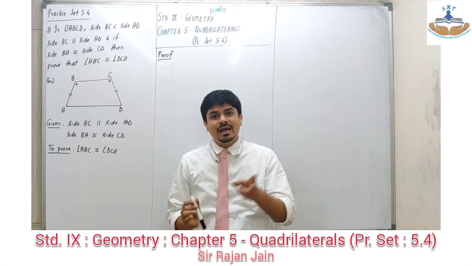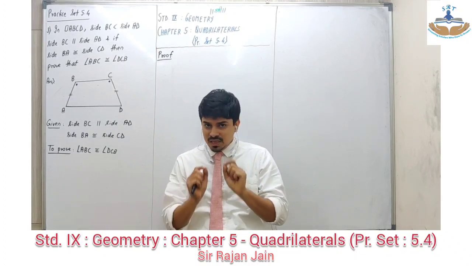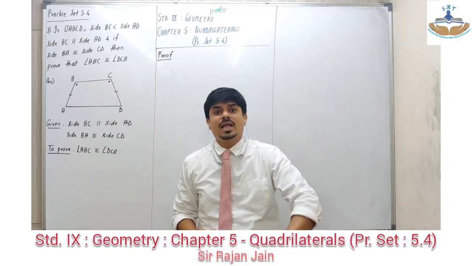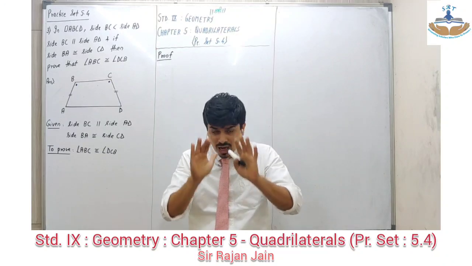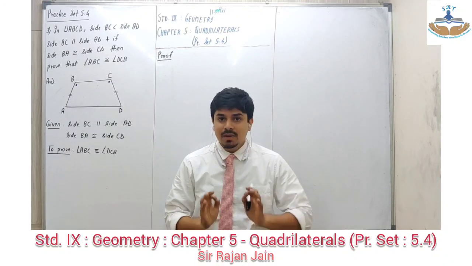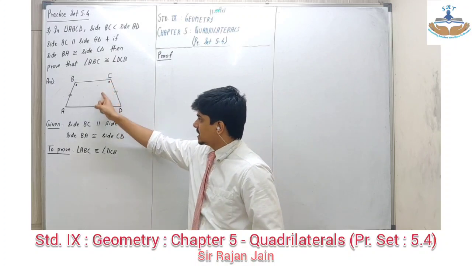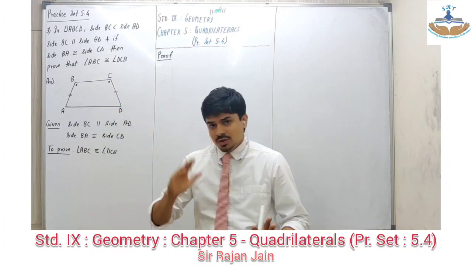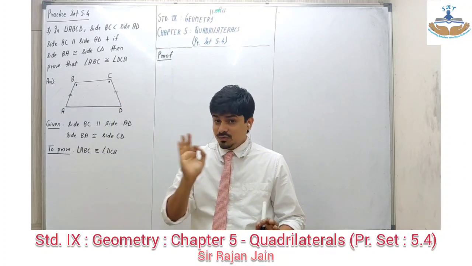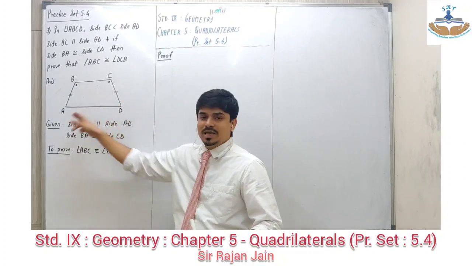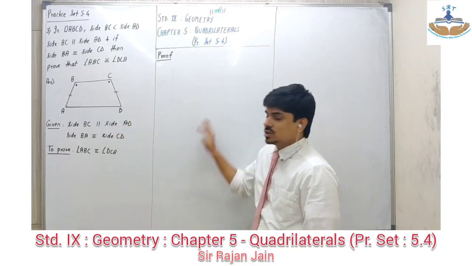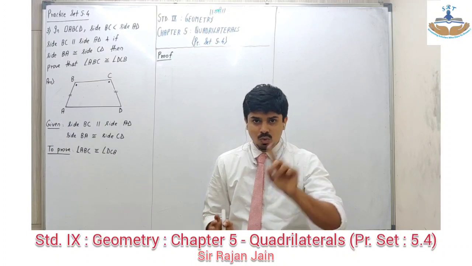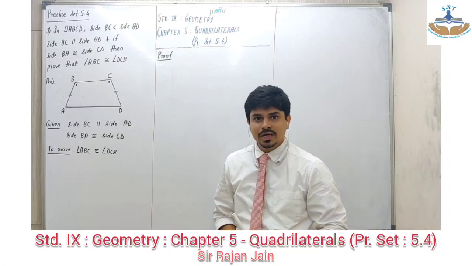In the previous sum I did it by both methods: first by making use of the property that base angles are congruent, and second by proving that base angles are congruent, which I solved in a much lengthier way. In my notes, if you go to see, there is a construction over there and I have done it by a lengthier process. Okay, so that method is also okay, but if your teacher allows you to make use of base angles congruent, it is better to use the property that I am teaching you now. Okay, so you will have both the methods with you, one in the notes and second what I am doing over here.